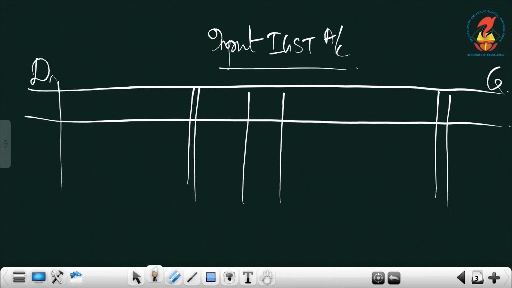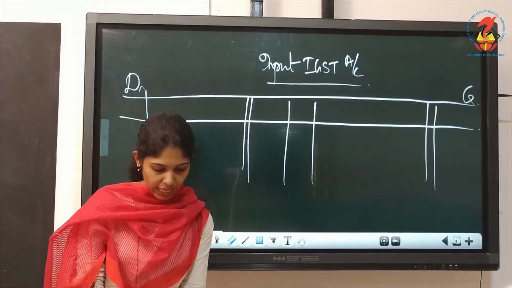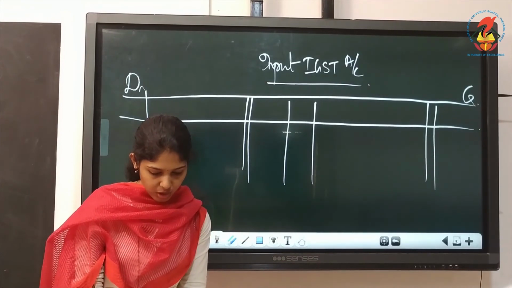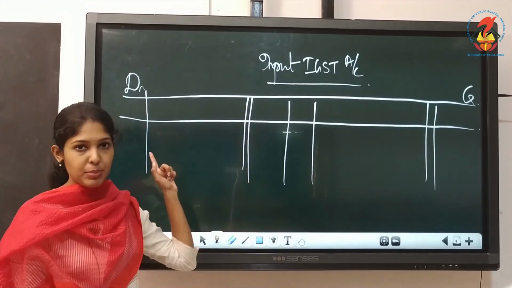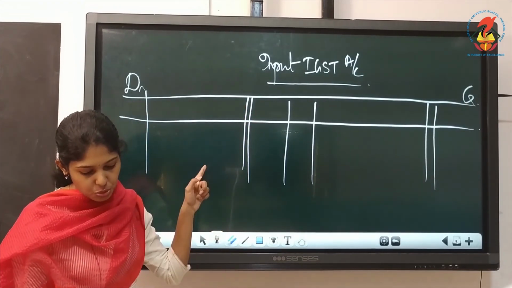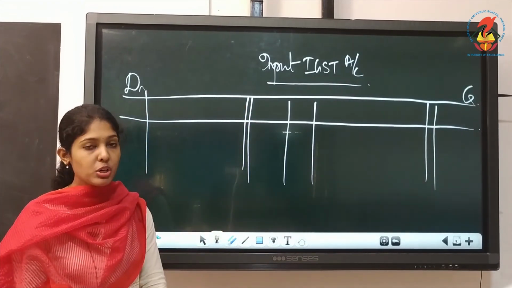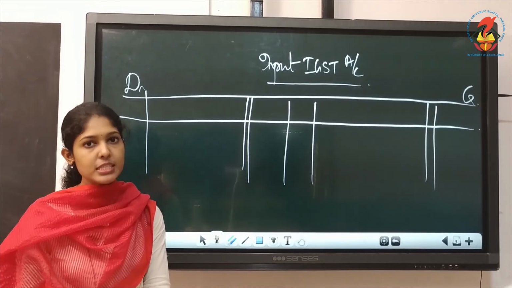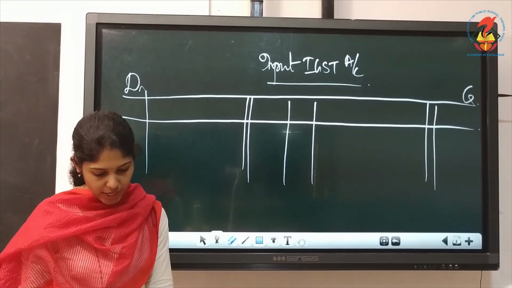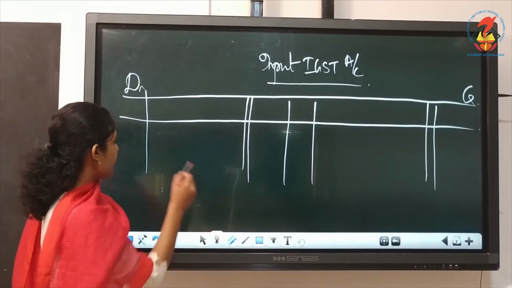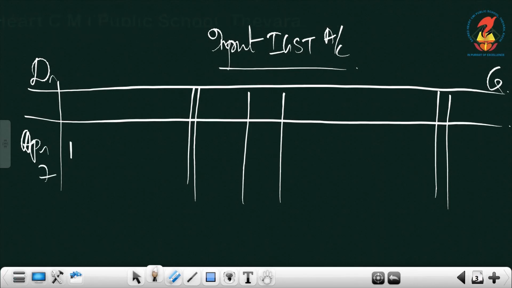So input IGST, where do we have this IGST account? It is there on April 7th. There IGST is debited. So you must write "To Surya", but the amount you must write is what is written against the IGST account. That is 5,400. So write April 7th, to Surya's account. Amount is